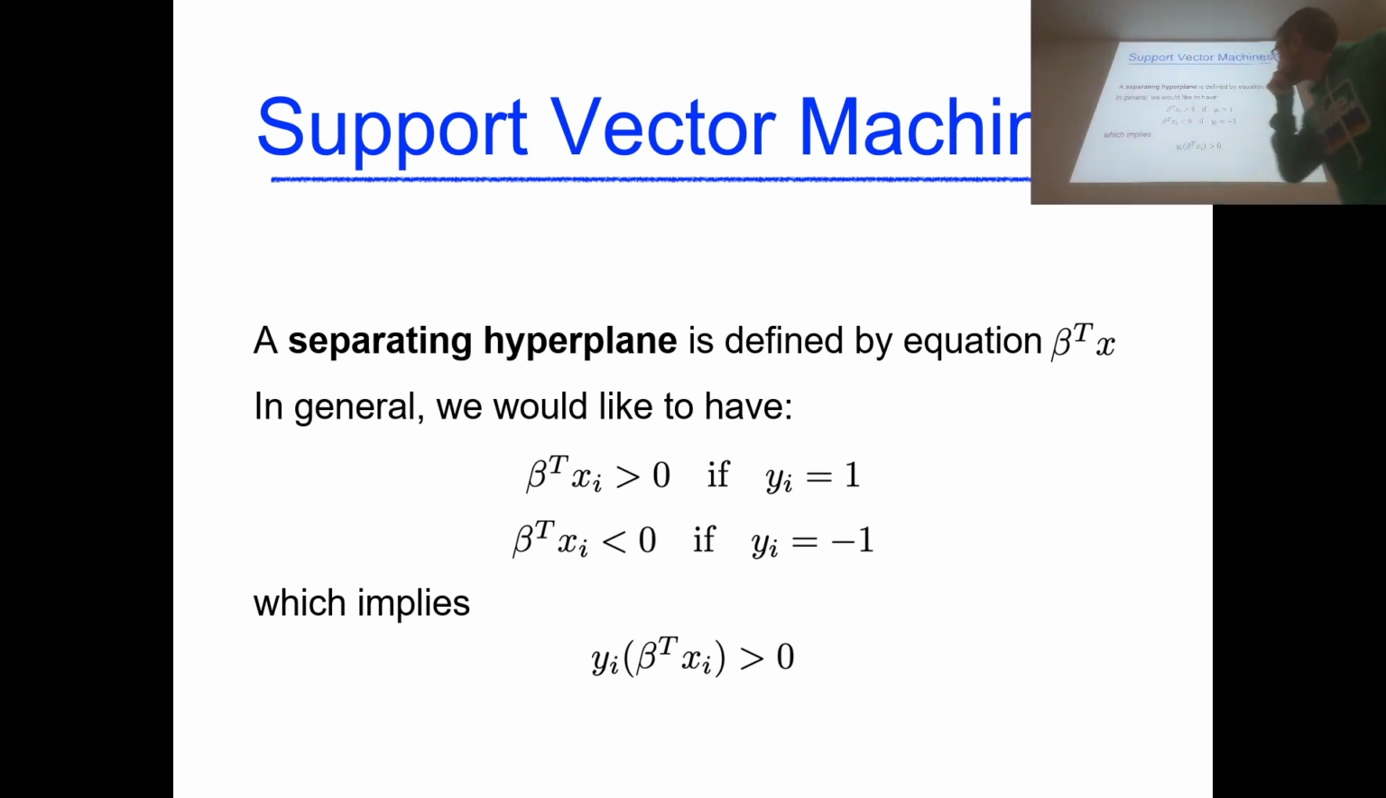So, this should be more or less clear. A separating hyperplane is defined by a set of parameters. Imagine that the equation of a plane in a Euclidean space or in a Cartesian space is the same. The only difference is that here we are not bound to 2 or 3 dimensions. So in general, we would like a hyperplane